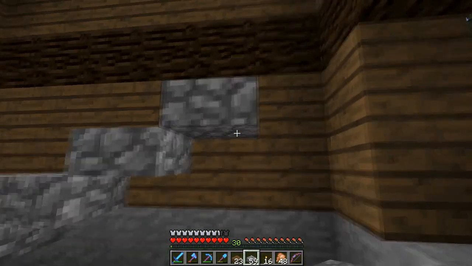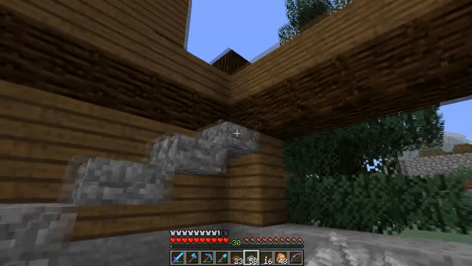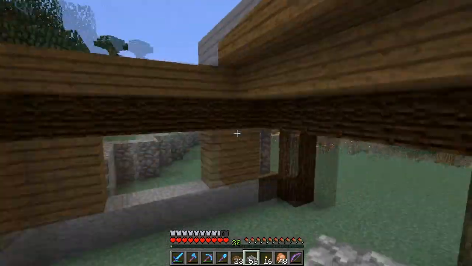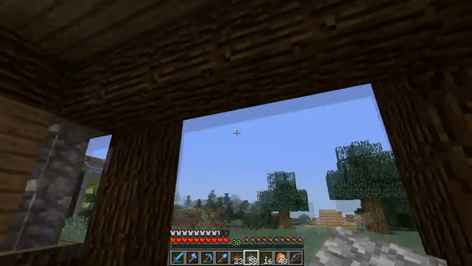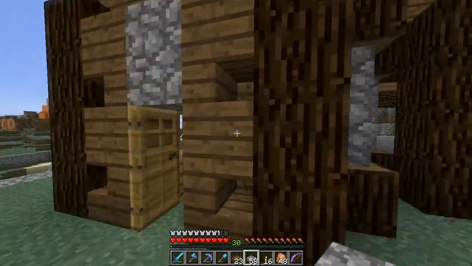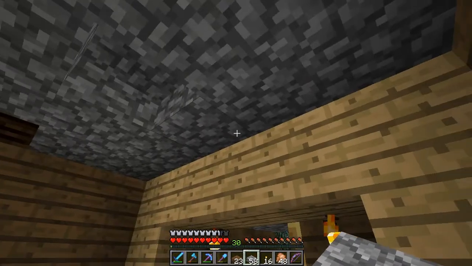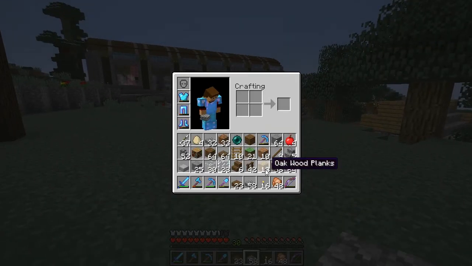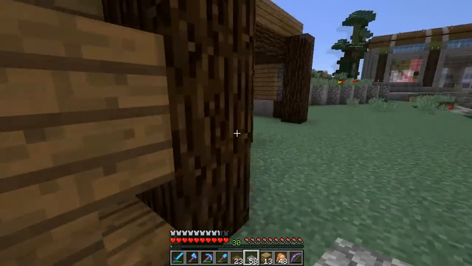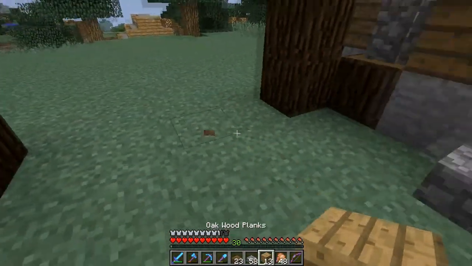Let me start working on the stairway to take us up to the top level. That'll just make it easier to work. How many back does the spruce go? It goes... Oh, sorry, it's cobble inside, huh? Alright, so I need to put the oak in so I know what I'm doing. So these will go...